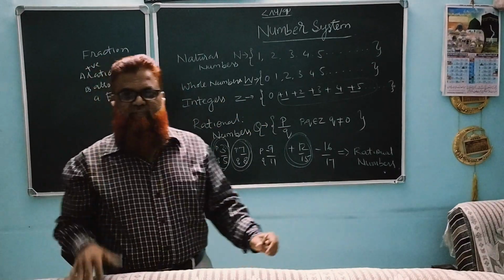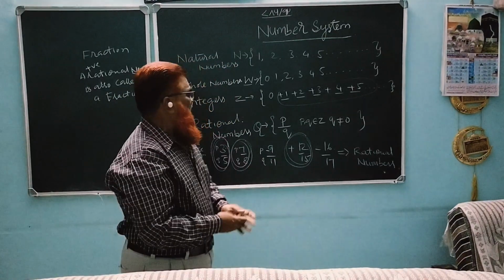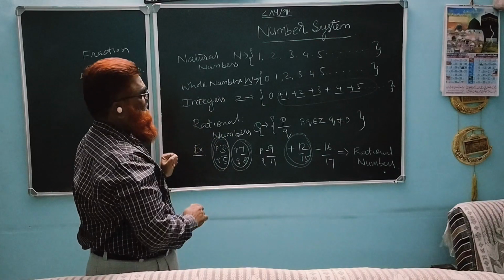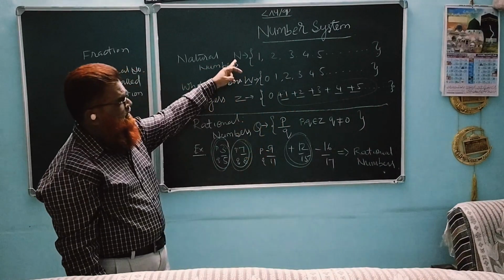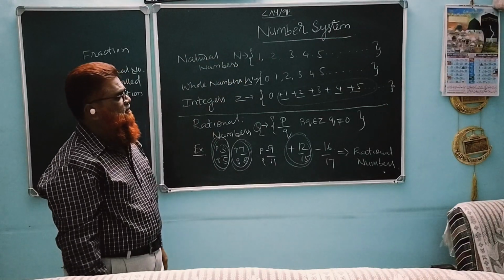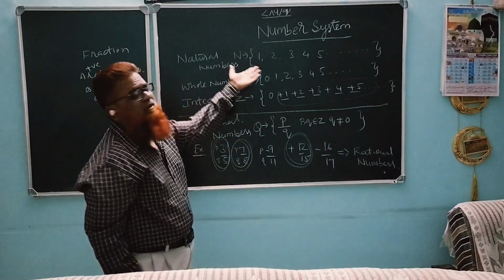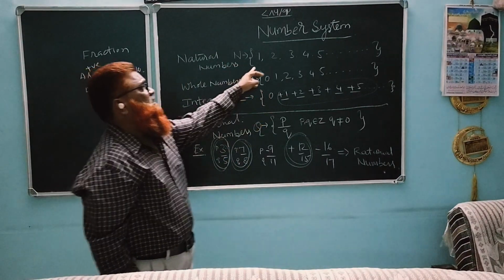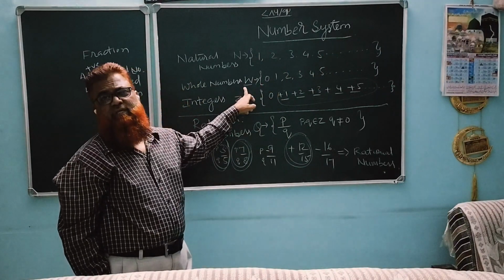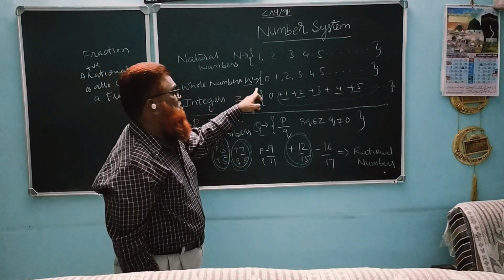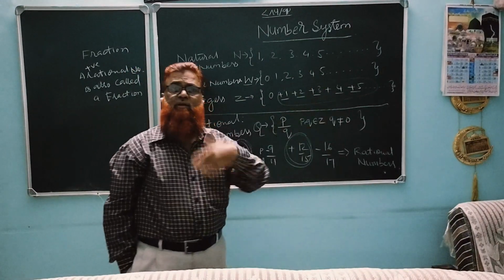I want to put a question to you: having gone through all this procedure, when you look at it very clearly and carefully, you will find, viewers, that we have done nothing. We just added 0 to 1, 2, 3 and gave it the name W. Then we added the negative numbers to 0, 1, 2, 3 and gave it a new name.